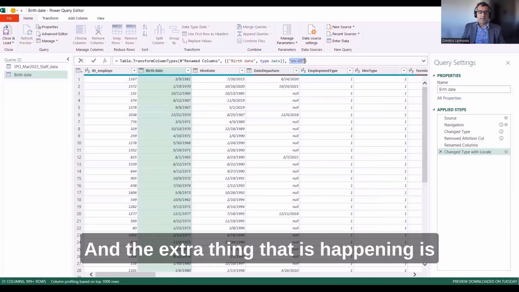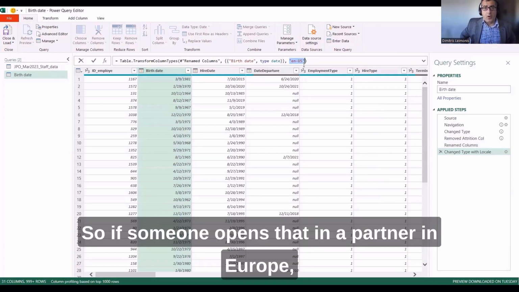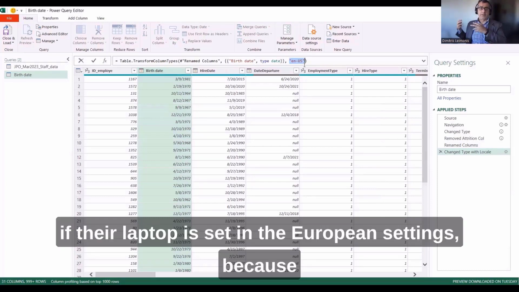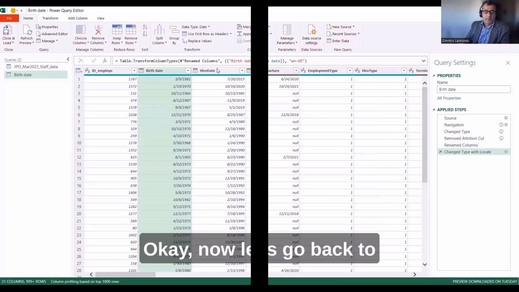And the extra thing that is happening is that I'm enforcing that into the code. So if someone opens that in a partner office in Europe, there's no way that there will be a mistake, even if their laptop is set to the European settings, because we have enforced the American locale inside the code. Okay. Now,